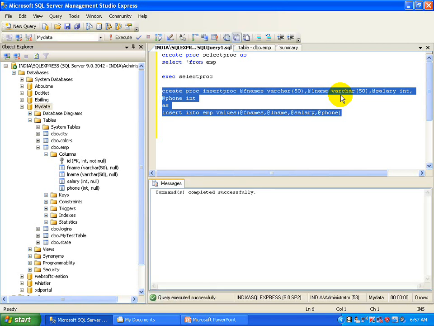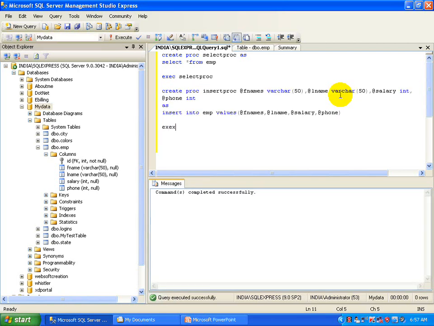Now execute it. So how can we execute this insert proc procedure? Just write here insert proc and give these values: fname value, lname value, salary value, and phone value. I write here web soft, this is the fname, then creation is the second name, then salary, this is my salary, and phone, this is phone.